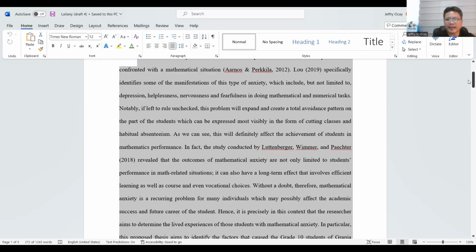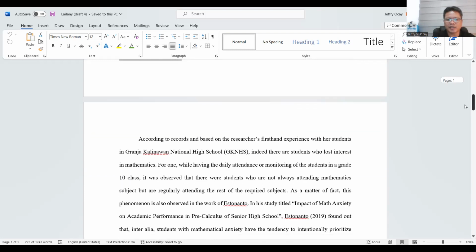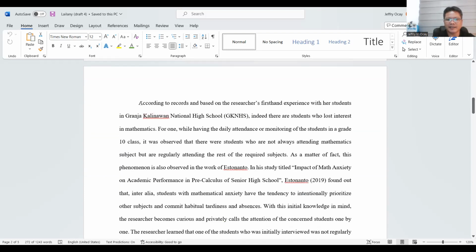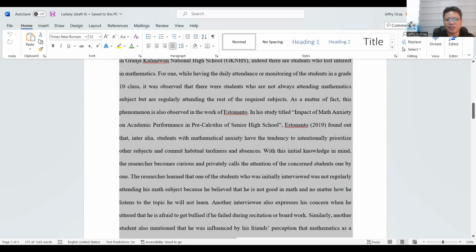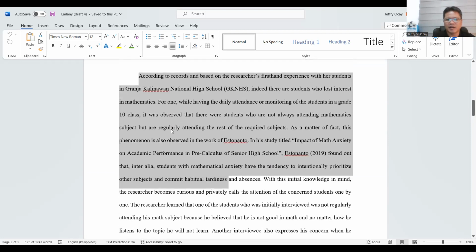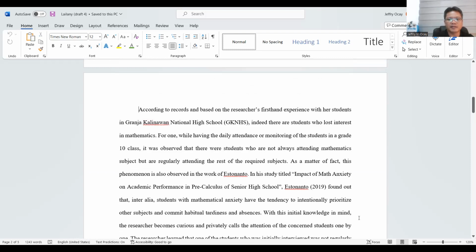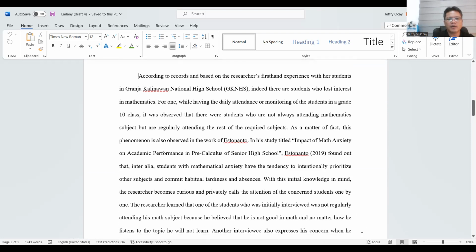So this is the head of the cat. We will now proceed to the body of the cat, and this is going to be the justification of what we claim in the opening paragraph. So let me continue. According to records and based on the researcher's first-hand experience with her students in Granha Kalinawan National High School,